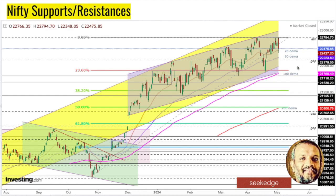Downside, the 20 expansion moving average at 22,427 will be the first support, and after that you have a gap and the 50 expansion moving average coming close nearby at 22,225. So 22,200 is going to be a good support, and if that's breached, it comes to the 22,000 big round number, and then further down to 21,800 and the 21,769 exponential moving average, very close to that. That would mean a low very close to the previous swing lows, and if that happens, it will be a breach of the higher lows, and we may have trouble if price moves below the 21,700 swing